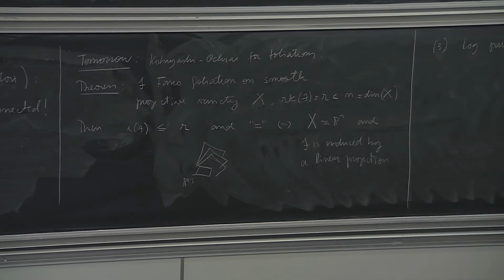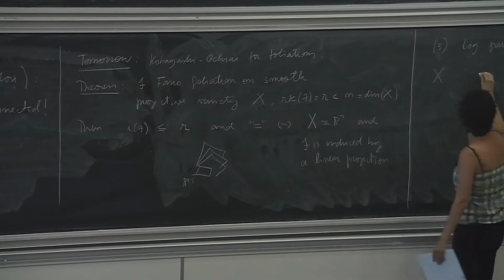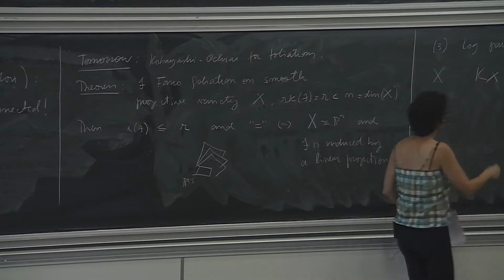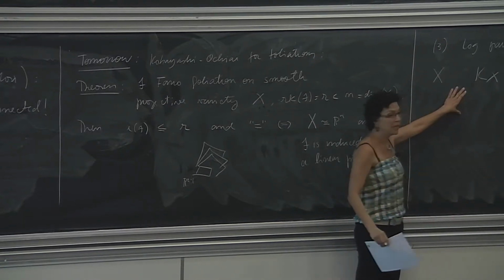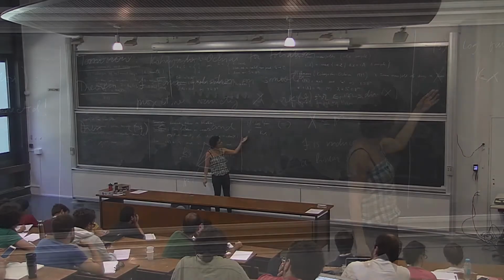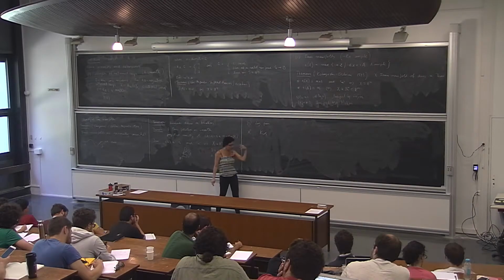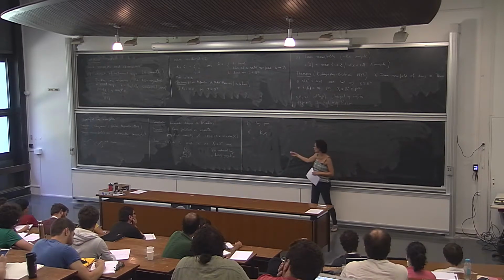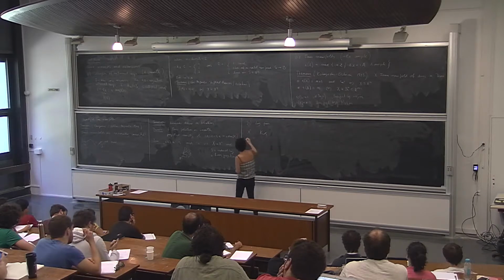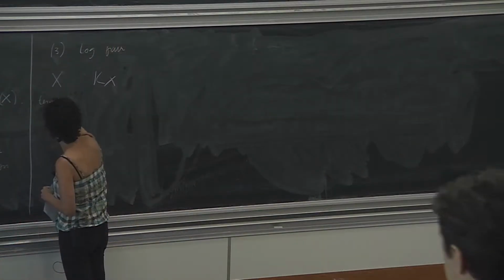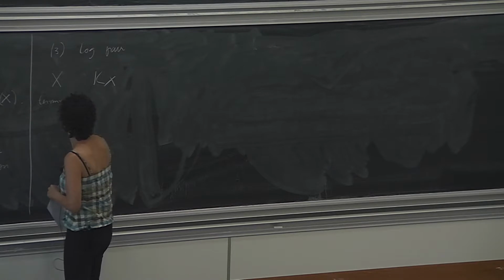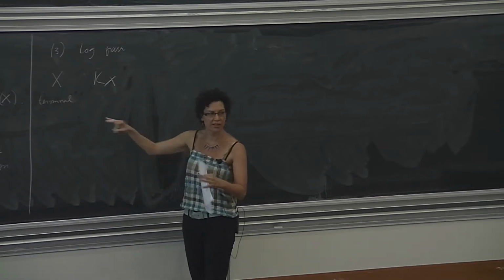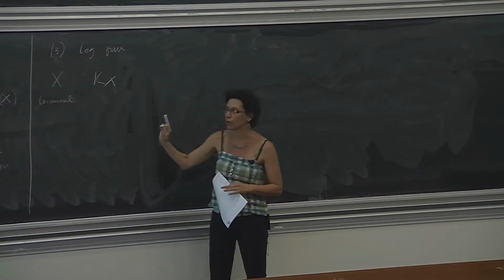So the idea is the following. So yesterday we started with, say, a smooth projective variety, and we considered the canonical class, and this governed the MMP for X. And we saw that in order for the program to work, we had to allow some singularities on X, namely, I told you that terminal singularities